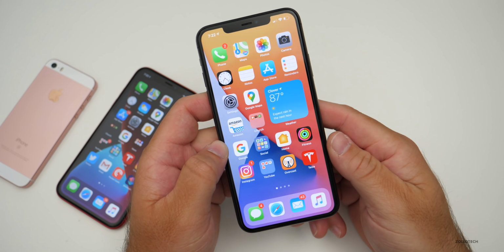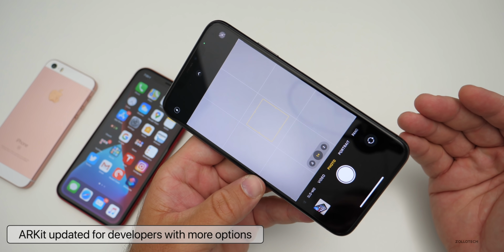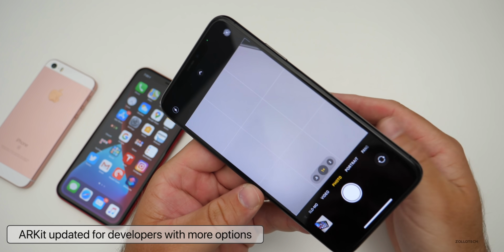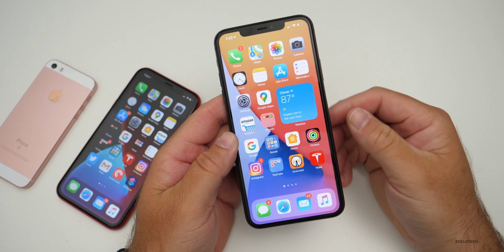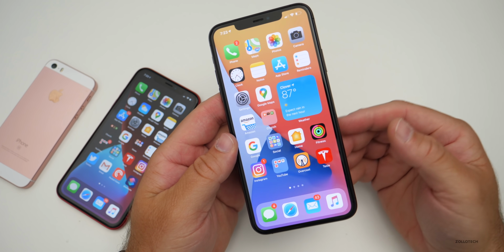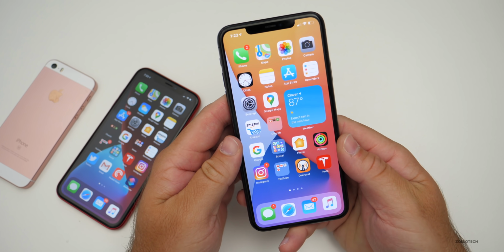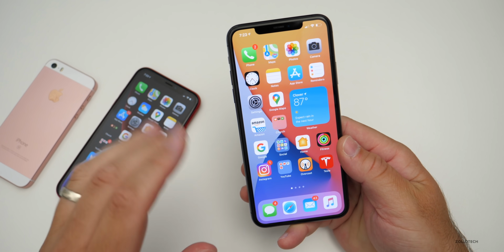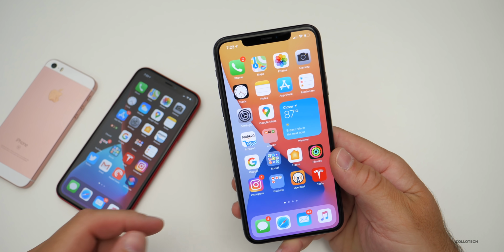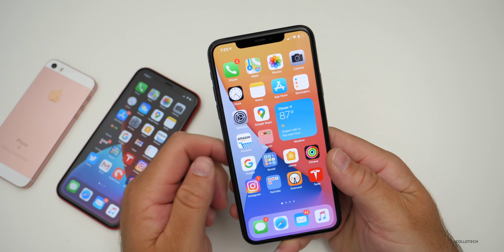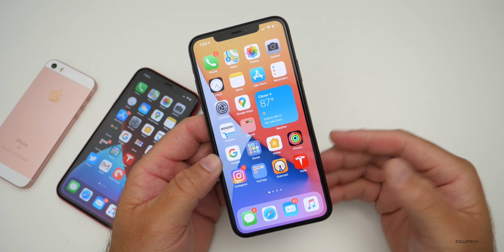Now there's a couple other things as well. There's updates to ARKit to allow for anchors, extended face tracking support, and video textures for those that want to develop AR games and apps. And then internationally, there's some updates as well for new bilingual dictionaries for French, German, Indonesian, and some others. There's also an update to the Wubi keyboard for China. I'm not sure if I'm saying that right. And then also autocorrect for Ireland and Norway, as well as new fonts for India, a redesigned Kana keyboard, and much more. So there's a lot of international language updates as well.